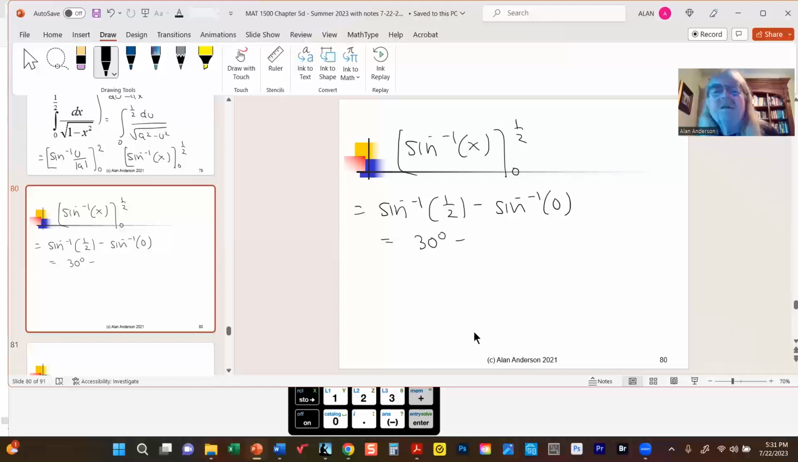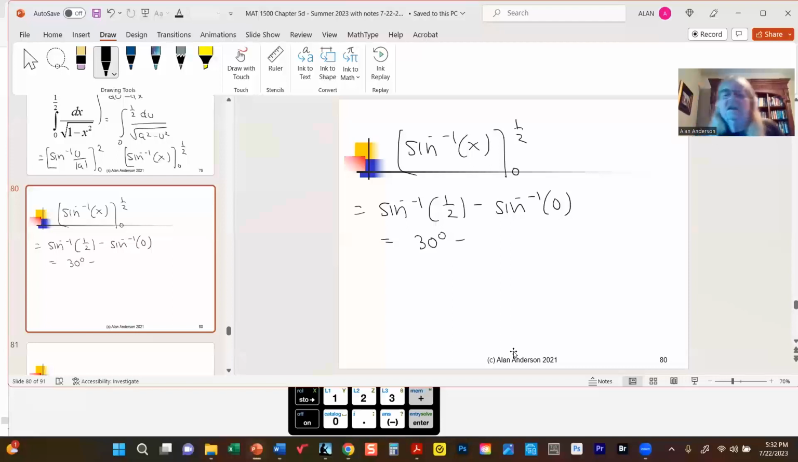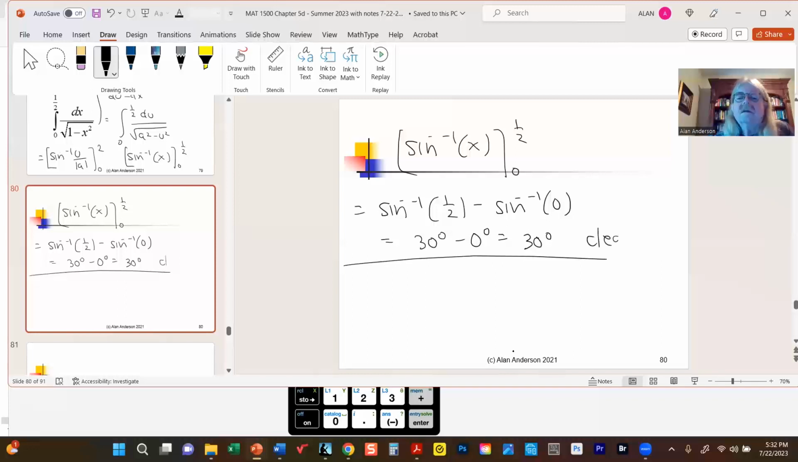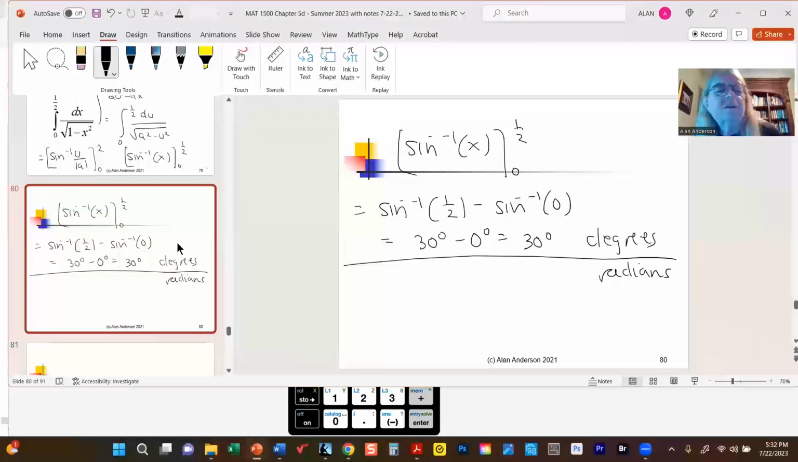By the way, you don't have to turn it into degrees. And the arc sine of 1/2 is 30 degrees. But if you'd left it as radians, I don't know if that would have made any real difference. Nah, let's just do it like this. It should be fine because